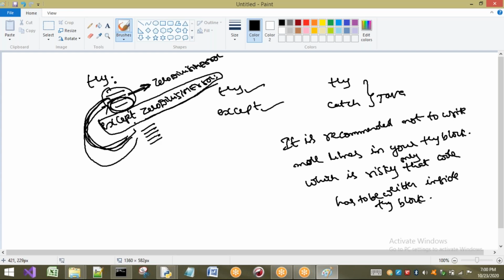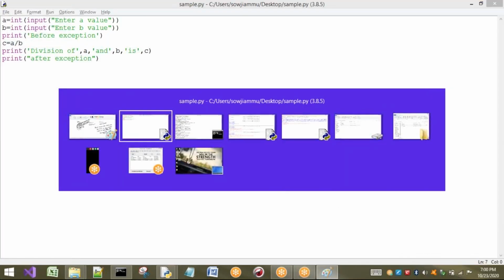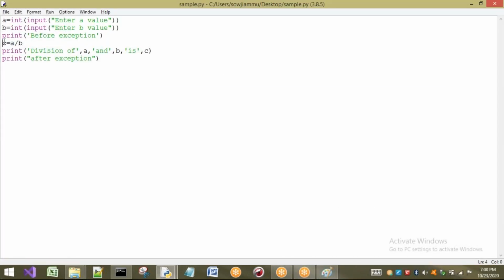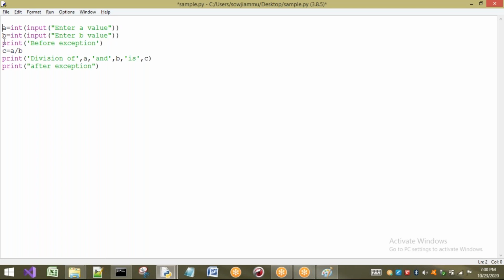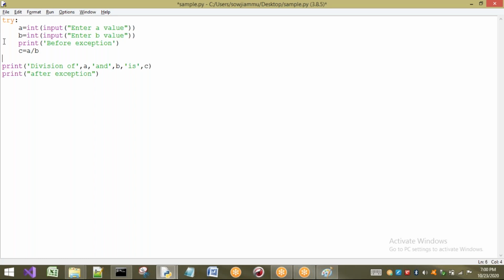Okay, now I will take a small example for that. See, there is a problem only here, so I will write try for just this one, otherwise I would write try for the entire thing. First observe that here I am writing try. This is a try block. Since it is a block, everything should be indented with tab spaces. Up to here it is the try block. If there is an exception, what should happen? I have to write the except block here. Which type of error is it? Zero division error. So it will come here.